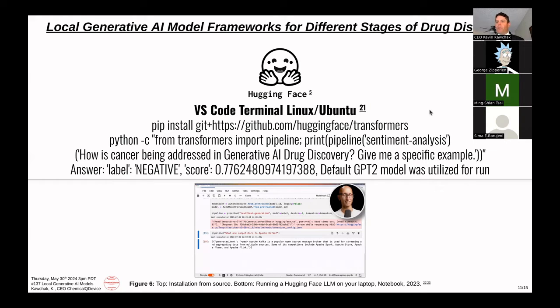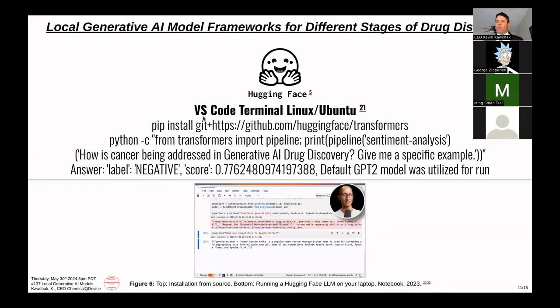And then a bump up would be text generation, which is the other ones that I did. Now, a good demo here is basically running a Hugging Face LLM on your laptop. It's good to see in this specific case. In some of these that I ran, I could download the model, and it does inference right away,